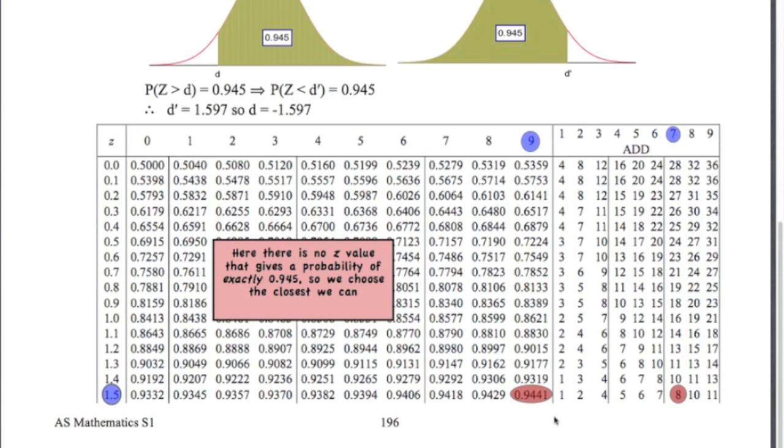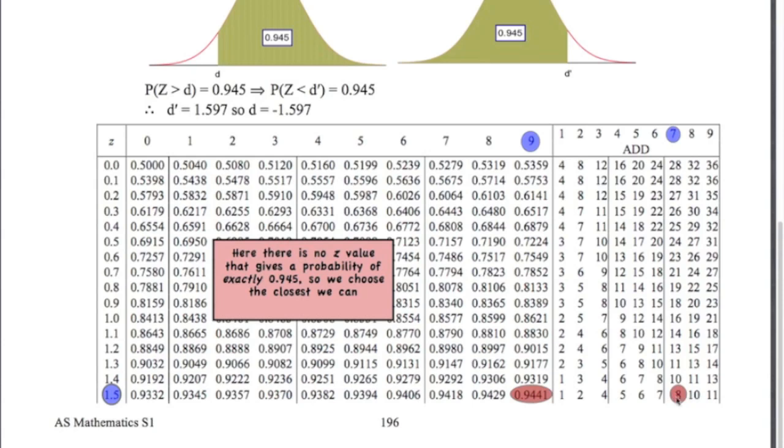Okay, so the closest value underneath 0.945 is 0.9441. If you go down to the next row, you see it's too big. So we want 0.945, so we want another 9 added on to that: 0.9441 plus 0.0009. You can see there's no value in the table that gives us exactly 0.945, so we just